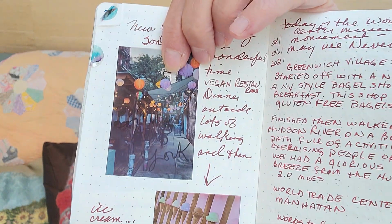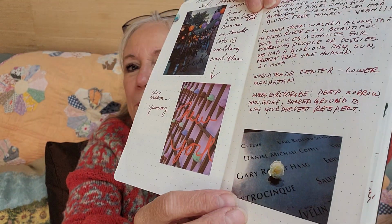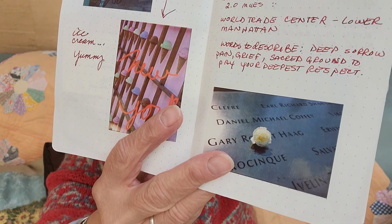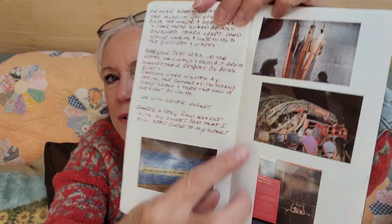We walked in the evening. You basically walk everywhere. They had a place that had all these different ice creams, and that was so much fun. And then we went to the World Trade Center. I had not been there, and what a solemn experience. I took a picture that somebody put a rose in the name of someone. Just different areas. We actually went, when we left the World Trade Center, we went into a little bar that was basically for the first responders for that day. And it has now become a place where all first responders from all over the world have come and put their shields, or their,